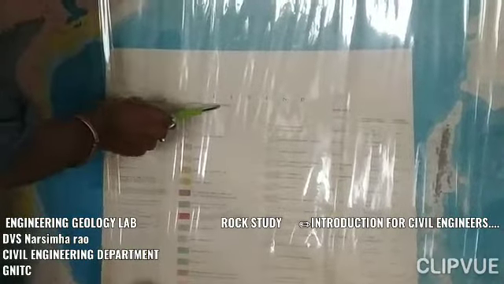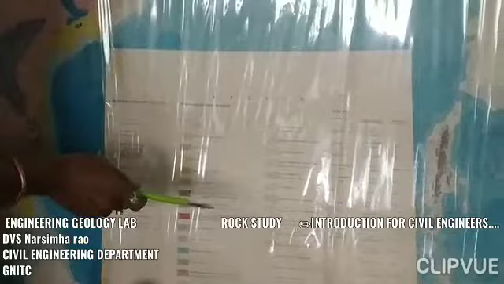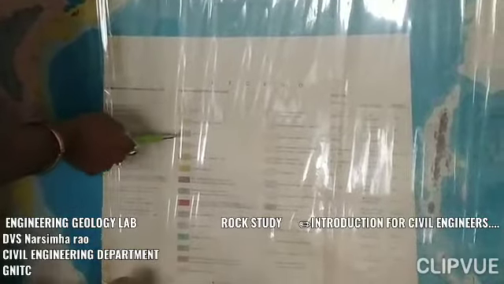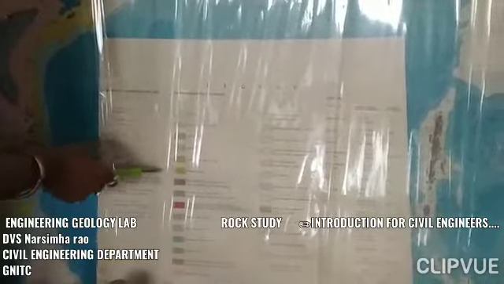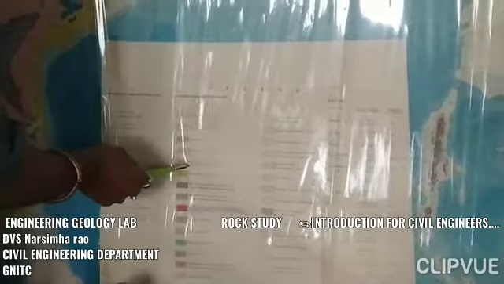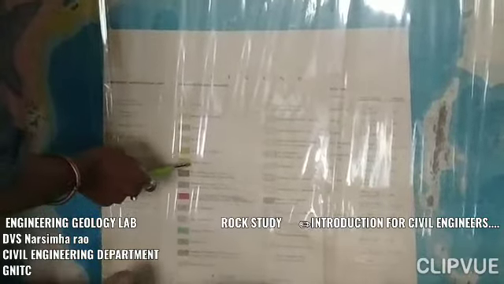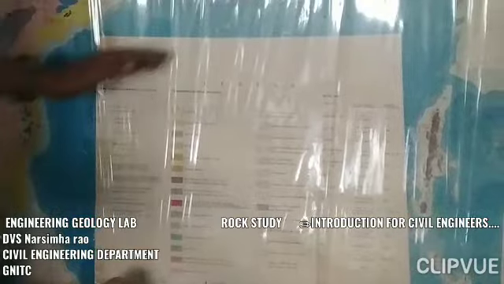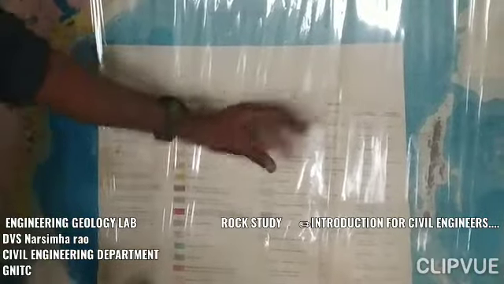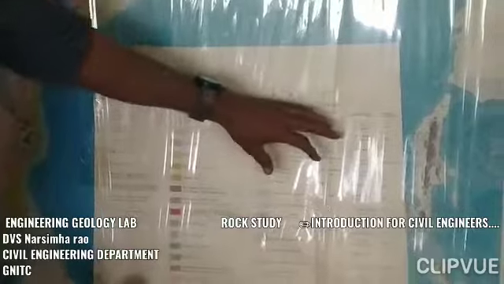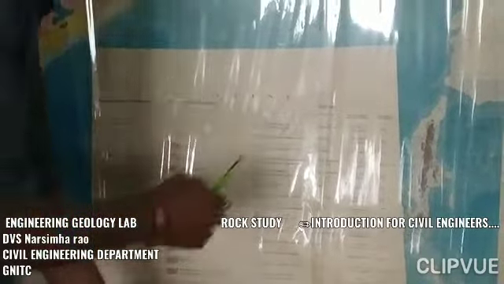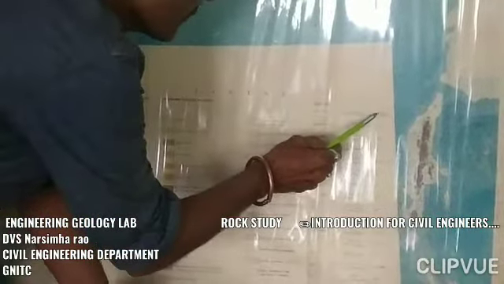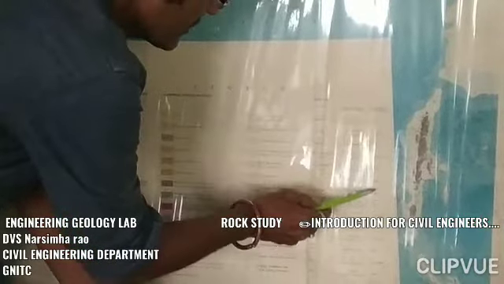Coming to the engineering geological provenance, what type is it: alluvium, or delta, or Aeolian sand, or residual soil, or laterite and lateritic soil, or Piedmont deposit? These are the varieties they give. So why are you learning all this? Based on this, you give the foundation characteristics. If you see here, this is the foundation characteristics it gives.